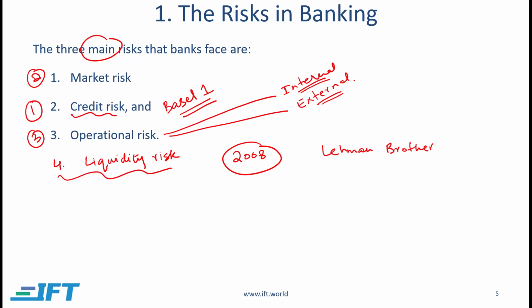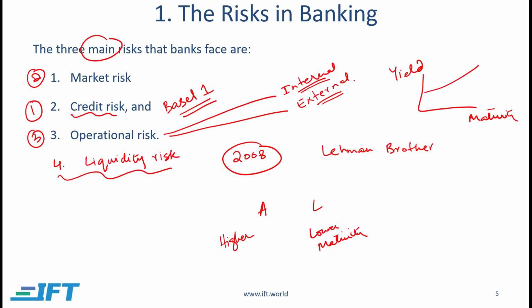And what happens is that from your bank's asset liability committee perspective, as some of you might know, the higher the maturity of a loan or an investment, the higher the interest rate or the profit you can get or the yield you can get from that investment if the yield curve is upward sloping, which it usually is. So, they would want to invest their assets at higher maturity to get higher rates, but they would want to pay lower yield on their liabilities, so they would want lower maturity on their liabilities. And if you go for this type of approach to maximize your profitability, what will happen is